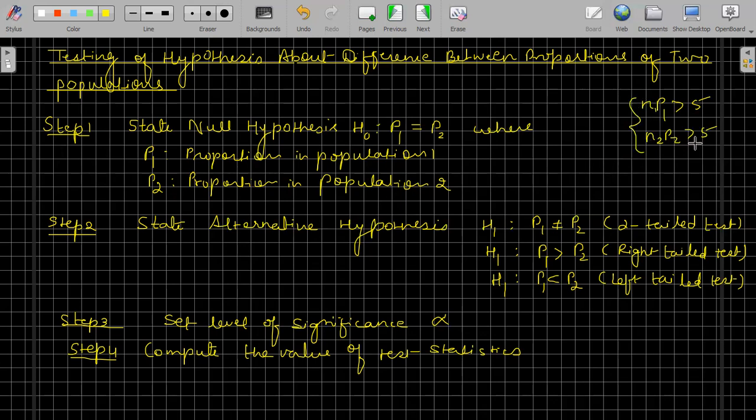So we check these two factors, and n1, n2 should be greater than or equal to 30. Then we can say that the sampling distribution of the difference between two sample proportions is normal in shape, and the value of z is given by